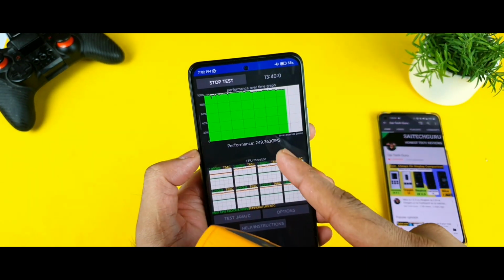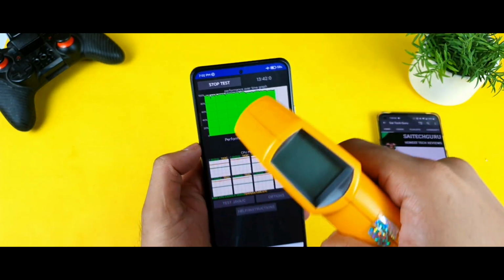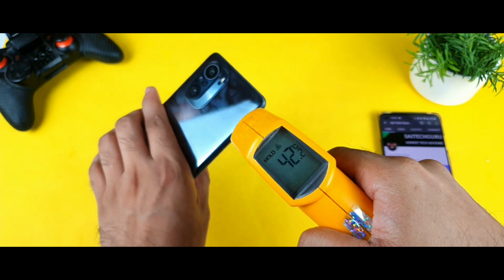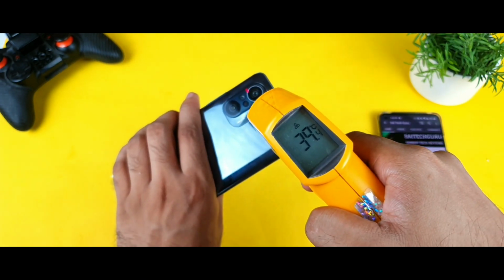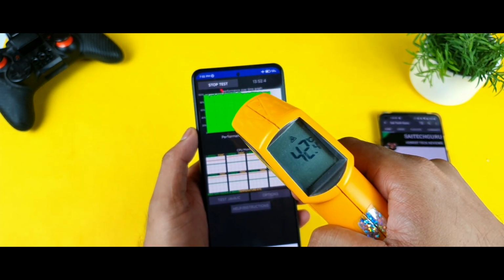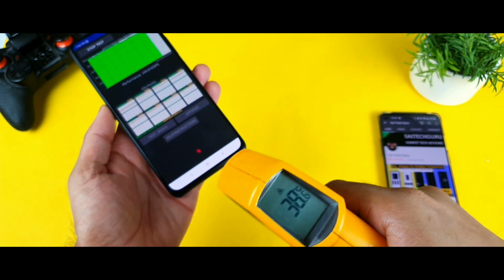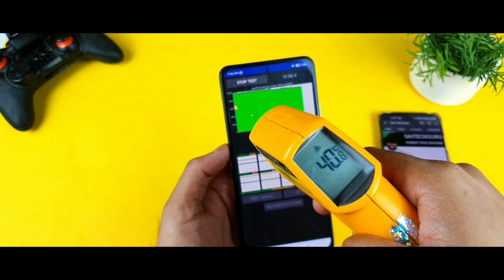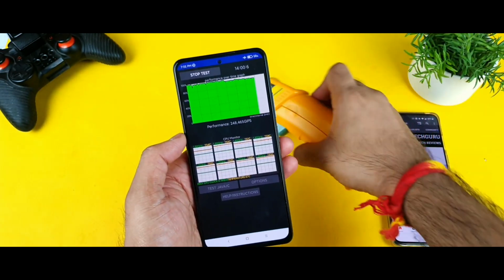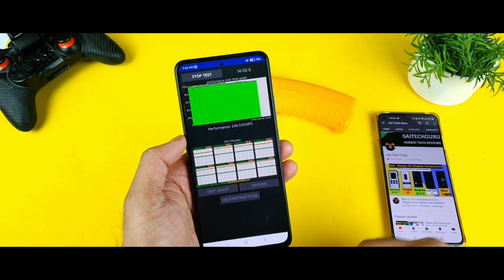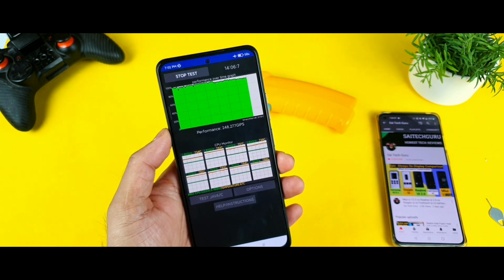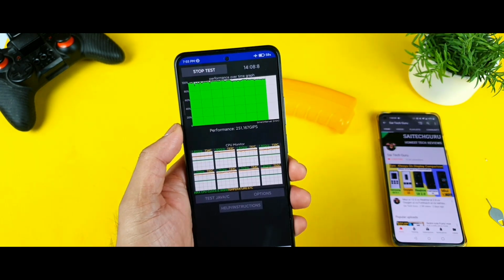As you can see friends, right now we are getting close to 15 minutes of time, and the temperature has increased to 41.8 degrees, and 40.6 on the back side. You can see it clearly, friends, 42.2 as well, it increased a lot. I think compared with before, right now the temperatures have slightly increased with this kind of condition and these settings. I'm not sure whether it's not working on my unit. So let's wait for the final conclusion.